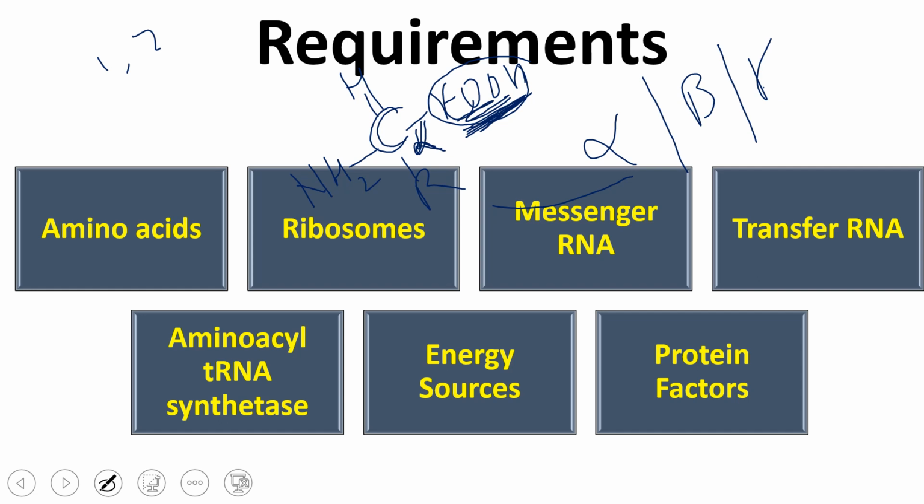Yes, sir. And if the alpha carbon has an NH2 amino group associated with it, we can call it an alpha amino acid. So this is my alpha amino acid, and whatever 20 amino acids we are going to see in protein synthesis, they all are alpha type only. Again, it does not mean we have only 22 alpha amino acids in my body. We may have a number of other alpha amino acids also, but we use only those 22 different types of amino acids for protein synthesis. Why?